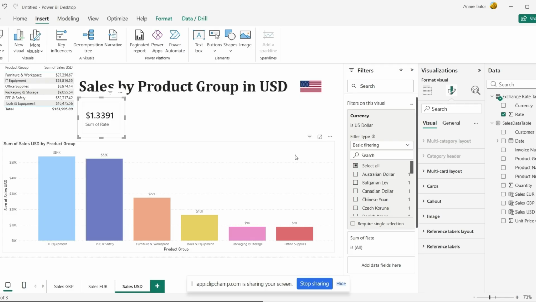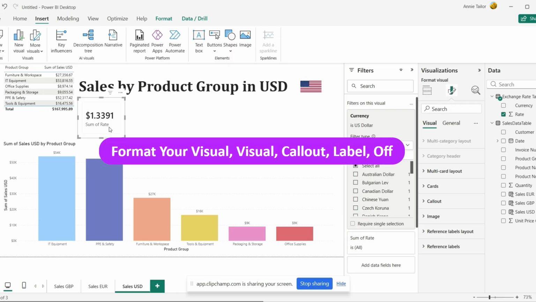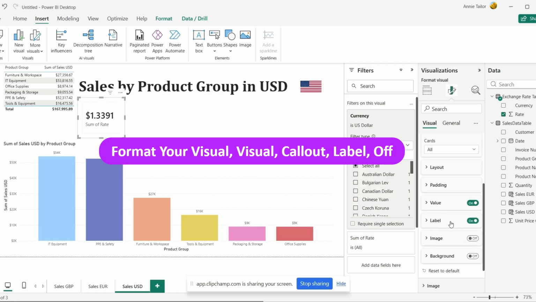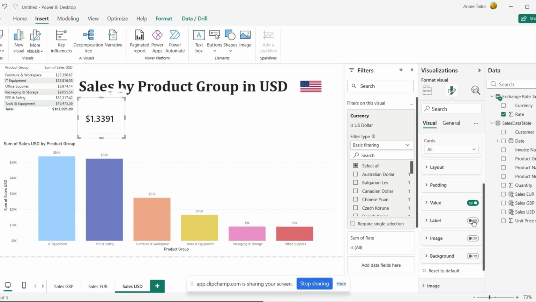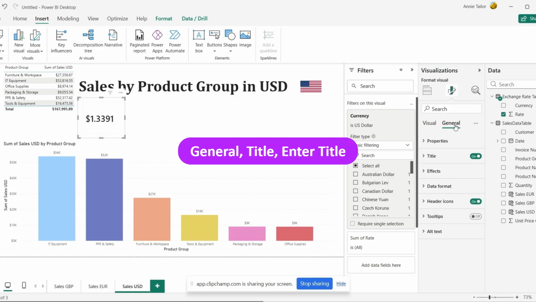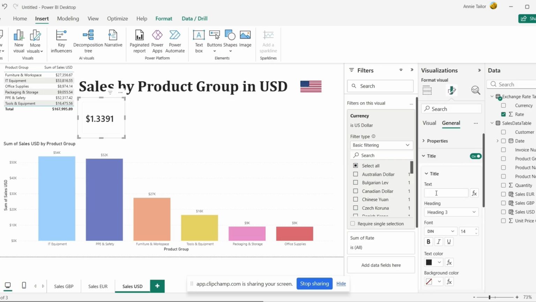Now, the last thing that I want to do on this page, I think, is just a tiny bit more formatting on our little card with the exchange rate, because at the moment it has the label sum of rate, which I don't think makes a lot of sense. So I'm going to go to the format, my visual area, and under call out, there is an option called label, and I'm just going to turn that off. And then if I go to the general tab, there is an option called title, and I'm just going to type in, let's say, exchange rate